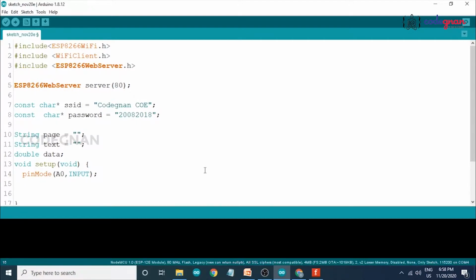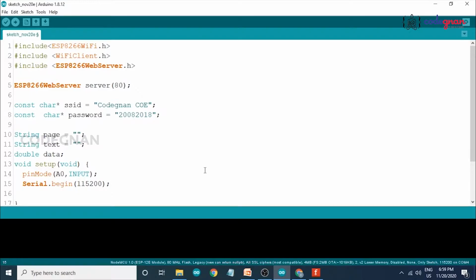And now we have to write Serial.begin to check the values in our serial monitor. I'm using the baud rate 115200. The baud rate helps us to communicate between our NodeMCU and our PC.